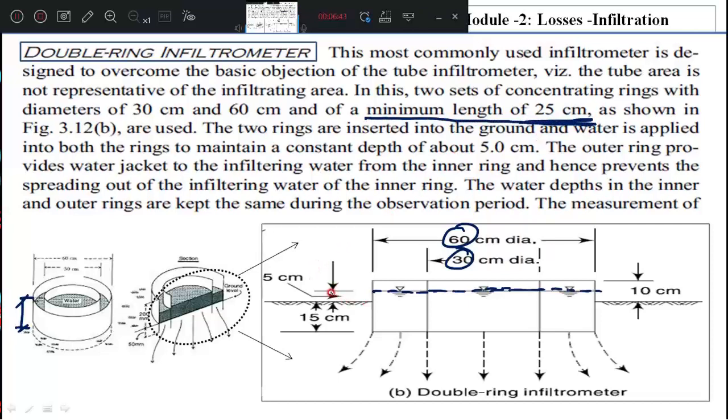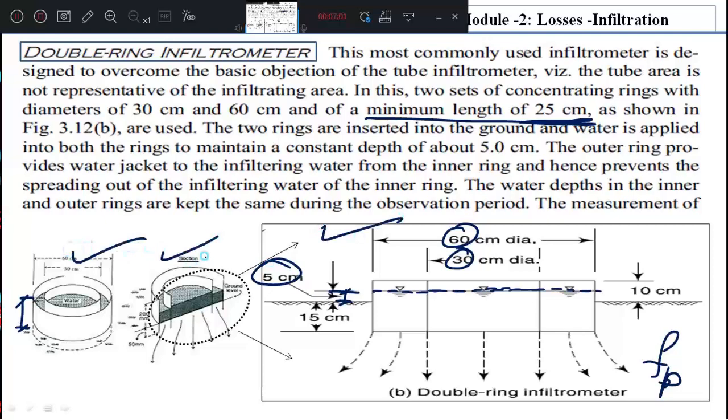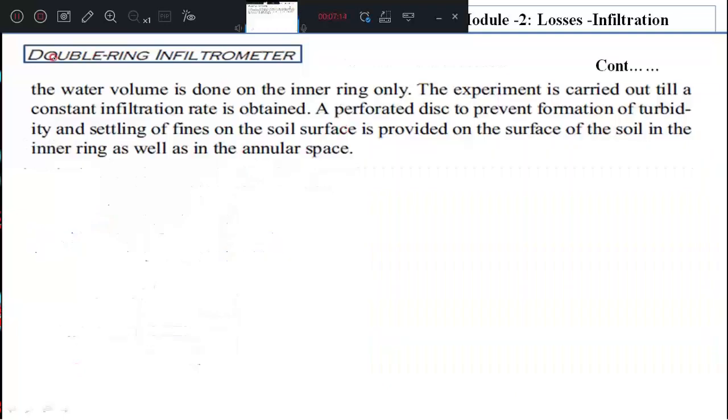Okay, and the water we need to stand here about 5 centimeter, and start your stopwatch, and by using that time you are going to assess how much water is entering inside, then you will get the infiltration capacity. Right, for exam purpose, draw this diagram, and if you want this diagram also good, and this is for your understanding purpose. See here, a stopwatch is kept here, and they are seeing the infiltration readings.